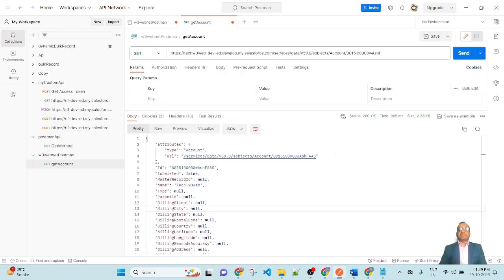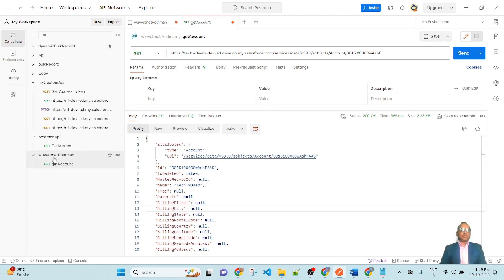So friends, this is my Salesforce credential org. This is Postman. In the previous lesson, we learned how to get a record of an account through Postman. In the previous lesson, in the URL, we had to pass the record ID of the account. In this lesson, we will see an example of how to insert an account record through Postman.